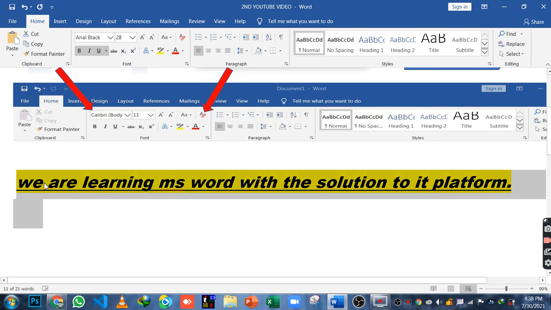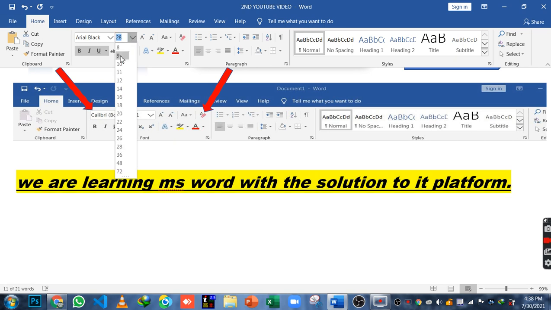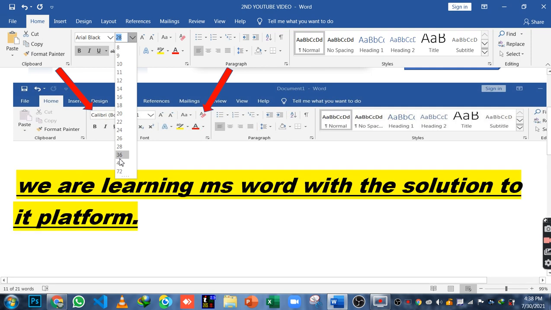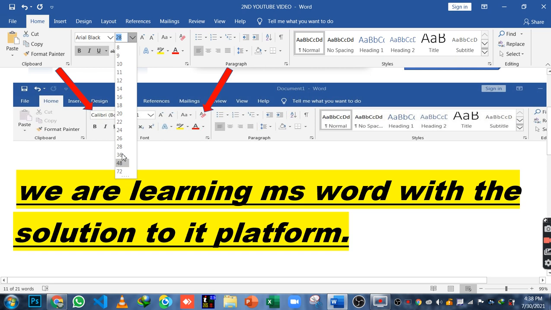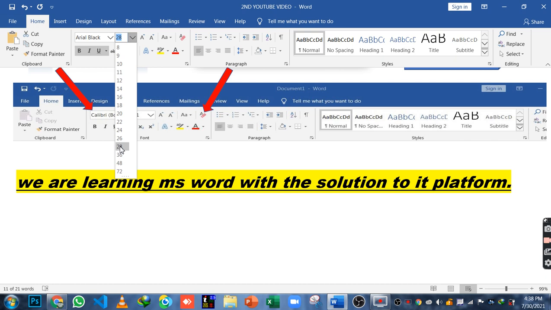So you have seen we have changed the style of writing, and as you can see there are different sizes of text. If you click on that, you will get different sizes of text. I have clicked on 48 or 36 or 28, whatever you want to make your size, small or large text. So you can click on the different sizes.